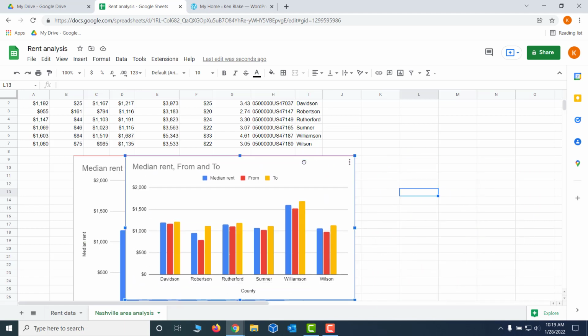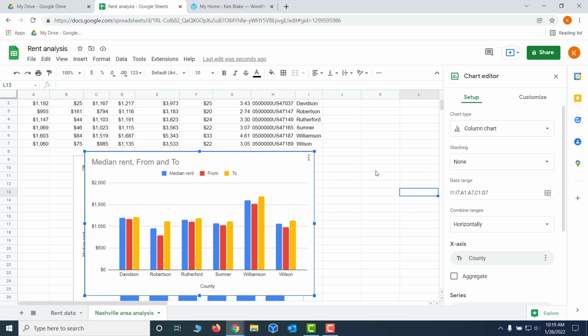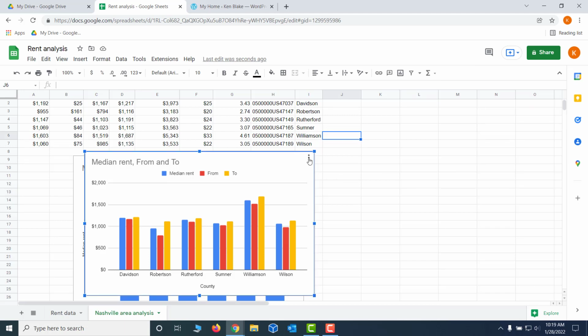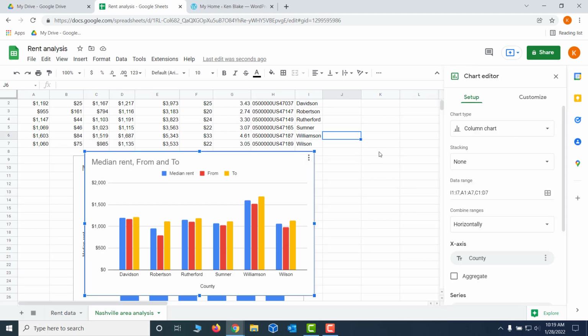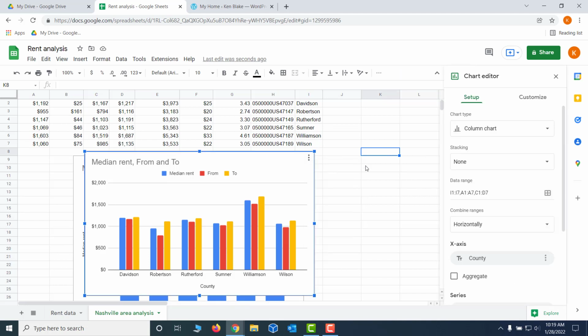I'm just going to stack this on top of the old one, just so we have a little bit of working room. You see these three dots here in the upper right corner of the chart. If you click those, you can choose Edit Chart. And if it's not already open for you for some reason, this chart editor will pop up. You can get back to this the same way anytime. If I click somewhere else, the chart editor goes away. But if I click on the chart and then click on the three dots and edit chart, the chart editor